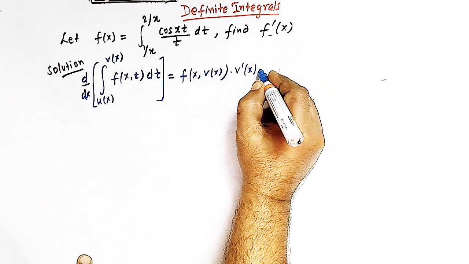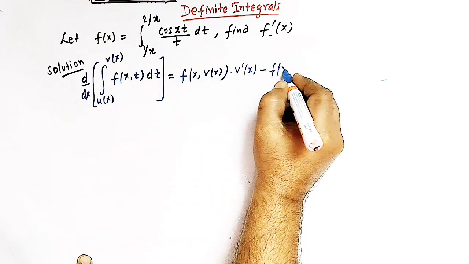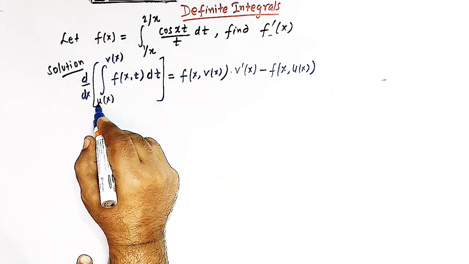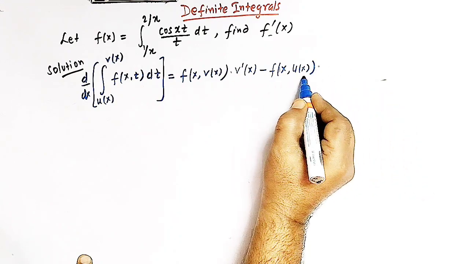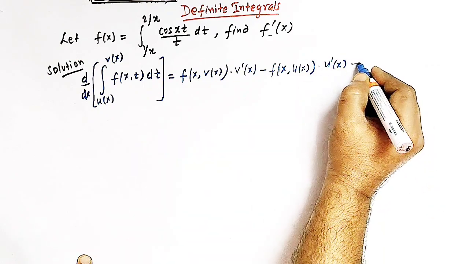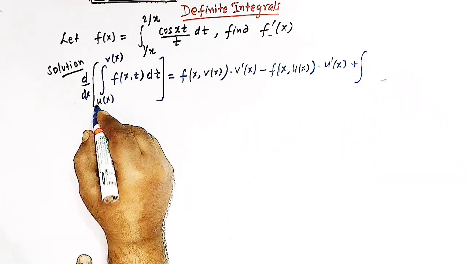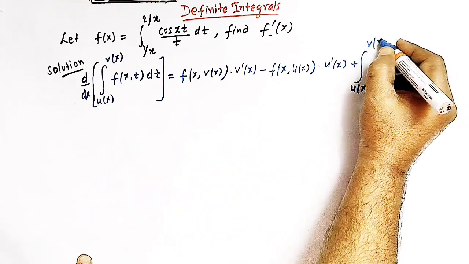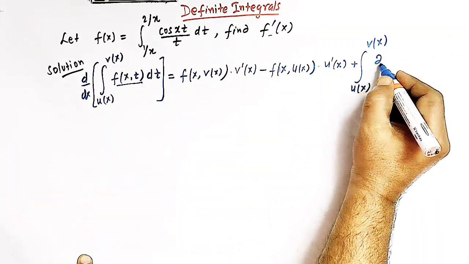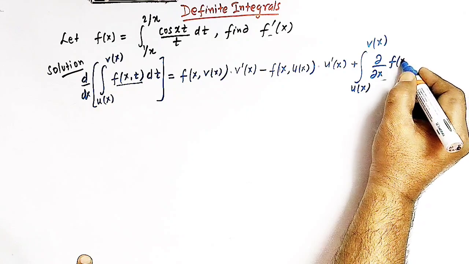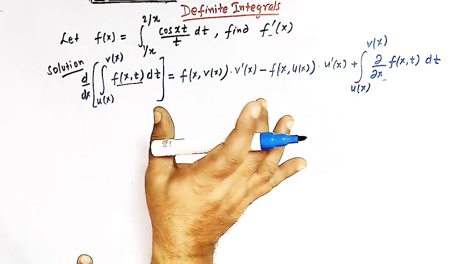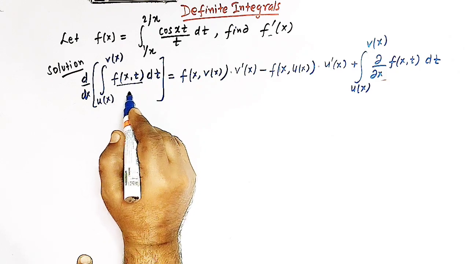that is v prime of x, then we take a negative sign, and then we write f of x comma u of x, that is this time we'll replace this t by the lower limit, that is u of x, and then we'll multiply this quantity with the derivative of u of x, that is u prime of x, and then here we'll write a positive sign, and the integral from u of x to v of x, and we take the partial derivative of this function with respect to x, that is we'll write del by del x of f of x comma t, and dt. So this is the Leibniz integral rule,